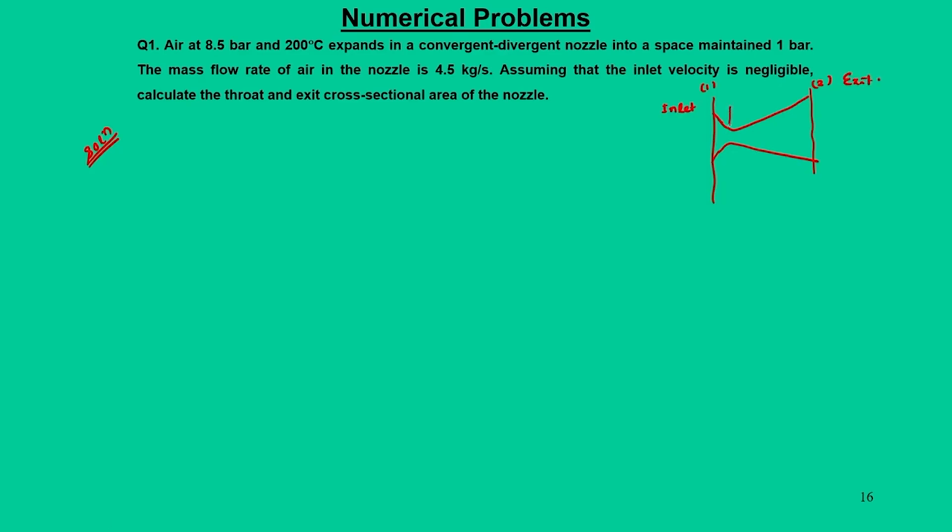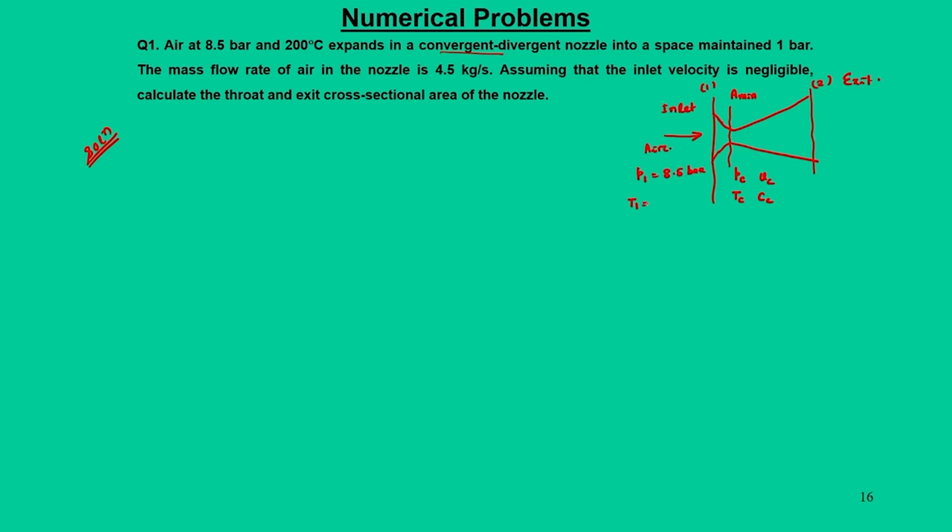And here we have this minimum throat. Since it is a convergent-divergent nozzle, we have a minimum area. At this condition, of course, we need to have the critical conditions Pc, Tc, specific volume, and velocity of the flow. Now, the flow is air and it enters at P1 equal to 8.5 bar,